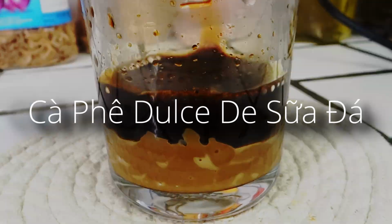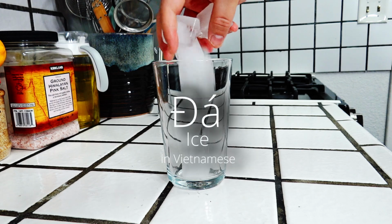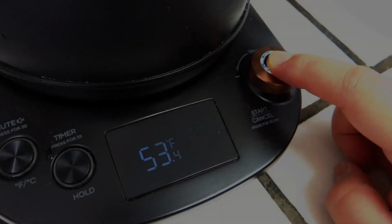You will need coffee grounds. You need something to heat your water. Dulce de leche. Ice if you want. And a Vietnamese coffee filter. A fin. If you have a kettle that can heat to a certain degree, you want to set it at